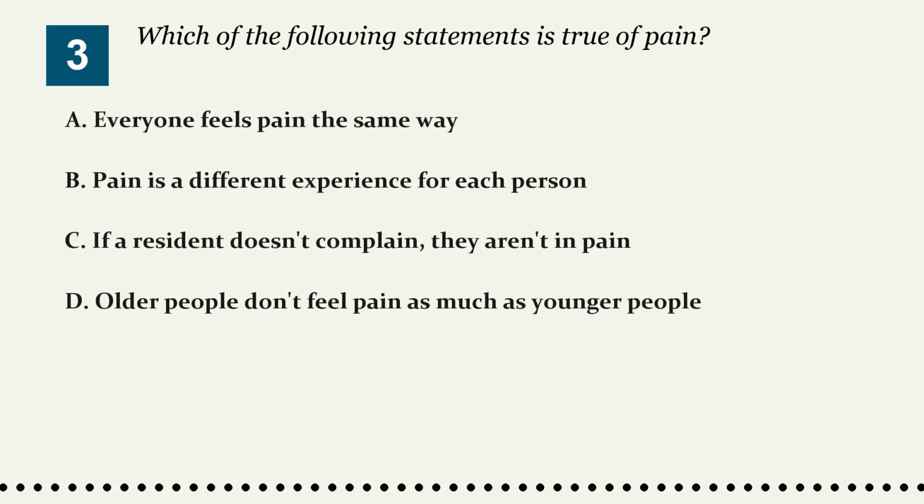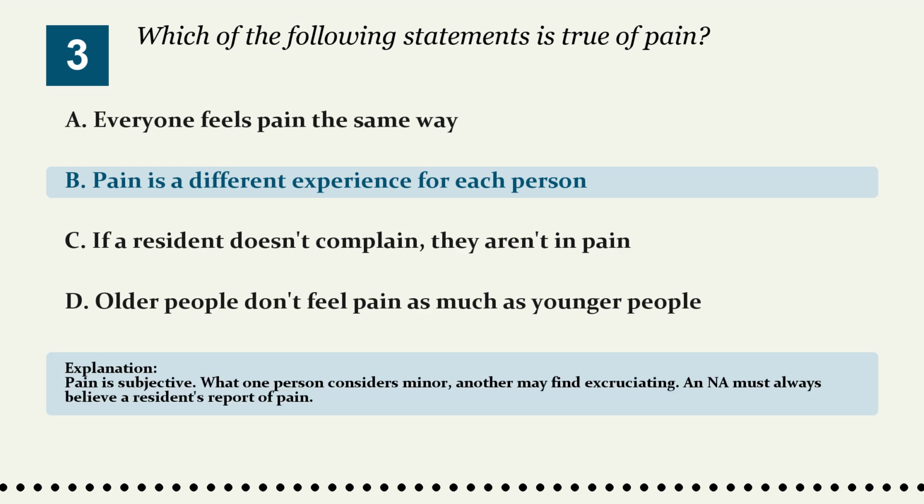Question 3. Which of the following statements is true of pain? Option A. Everyone feels pain the same way. Option B. Pain is a different experience for each person. Option C. If a resident doesn't complain, they aren't in pain. Option D. Older people don't feel pain as much as younger people. The correct answer is option B. Pain is a different experience for each person. Pain is subjective. What one person considers minor, another may find excruciating, and you must always believe a resident's report